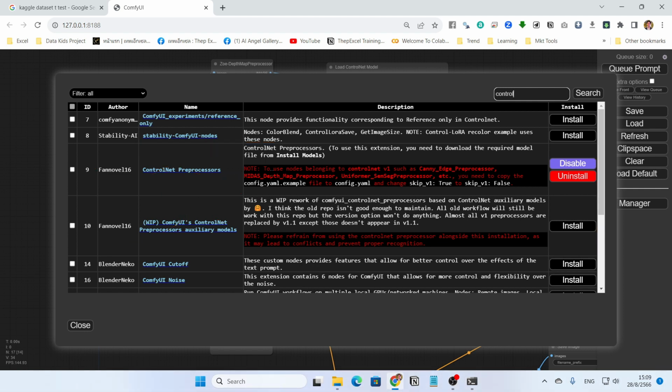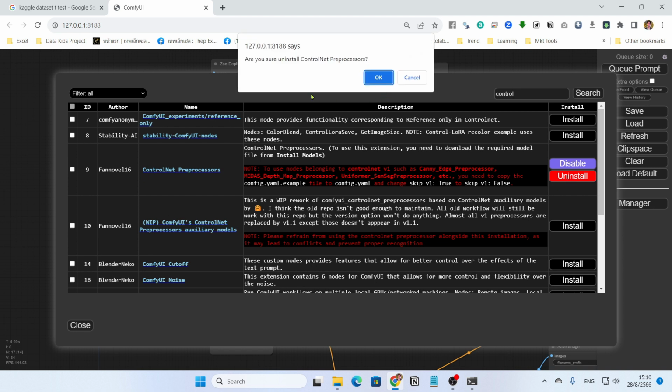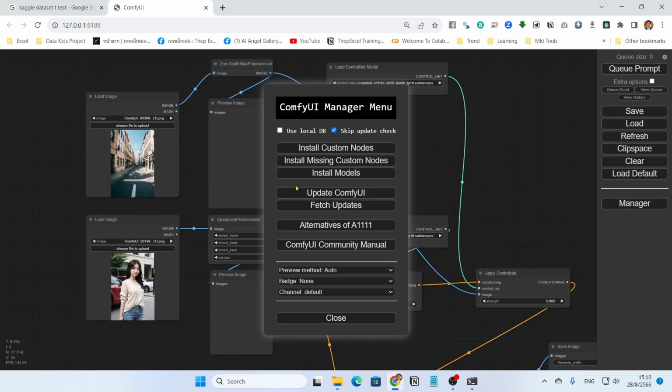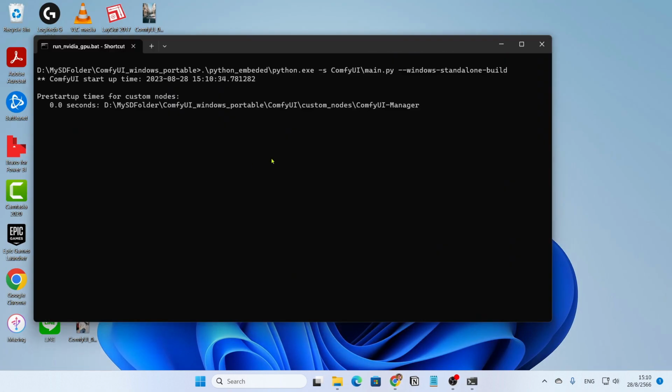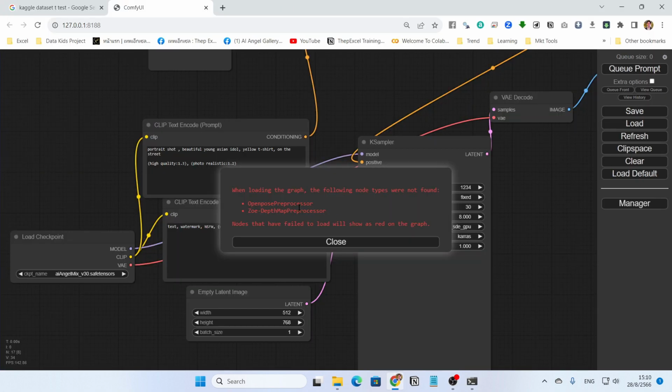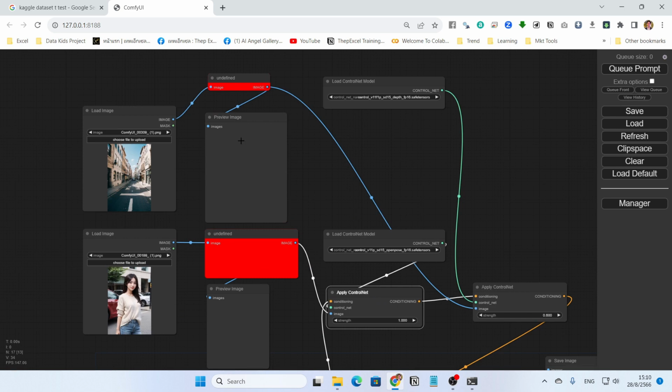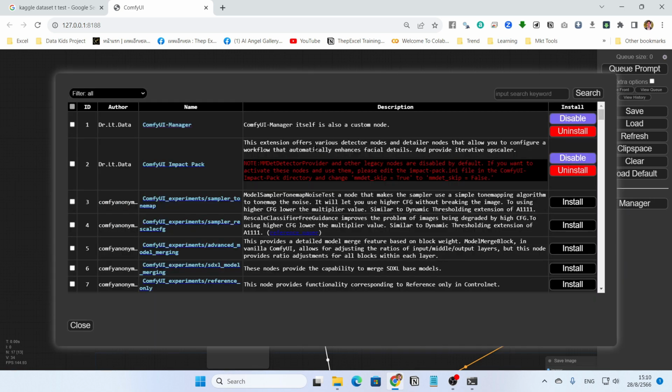To fix it, you have to uninstall the previous one first. You click uninstall and it will uninstall ControlNet Preprocessor, then click OK. After you click OK, you should restart ComfyUI again. There will be a warning that you don't have this preprocessor, and for now this one will show red. Don't worry, you just install